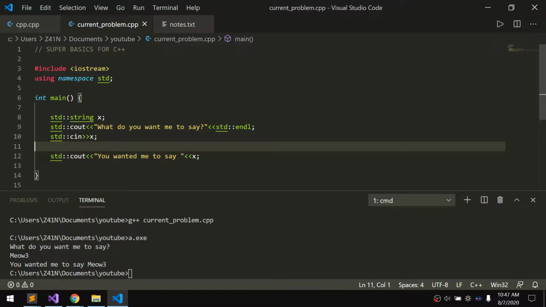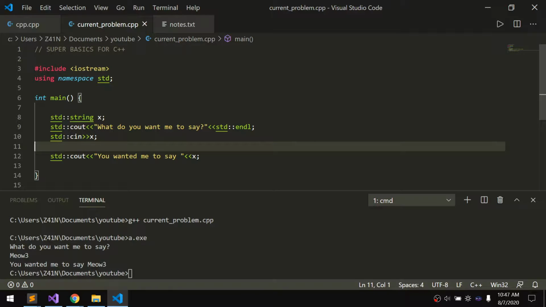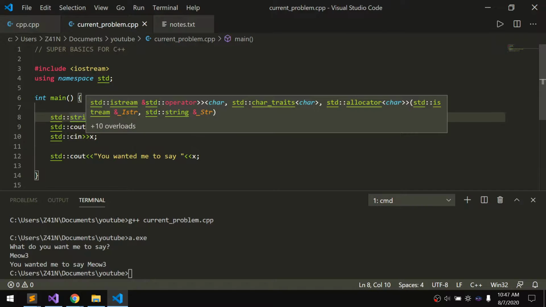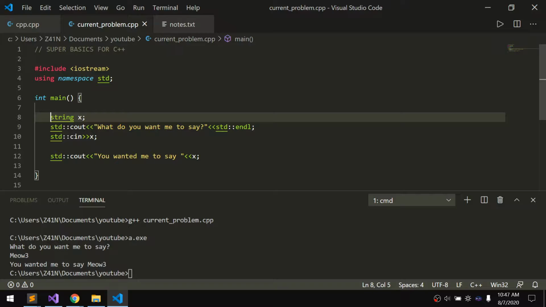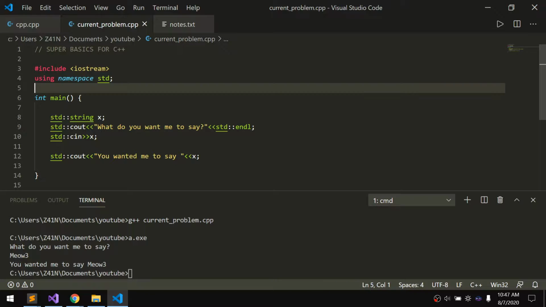For example, if for whatever reason someone had a namespace where one of their custom-made functions was also called string, and you were to do something like this, then you're going to get a namespace error, because this is saying that string is available in std and the other person's namespace, which is why best practice as of right now would be to do the std:: just so that we explicitly state which namespace it's coming from. But for the purpose of showing you what this does, we added this,